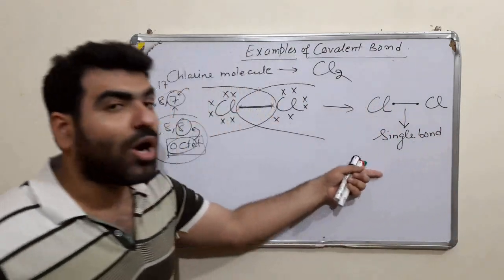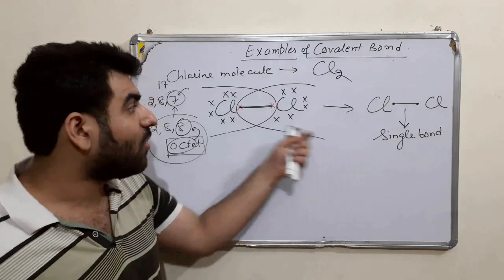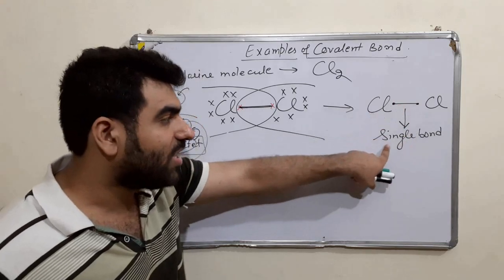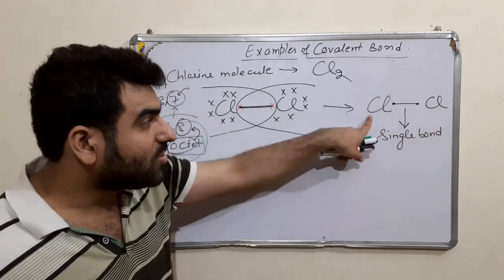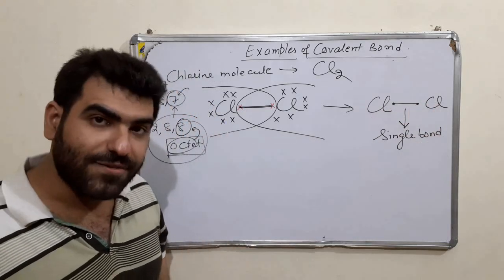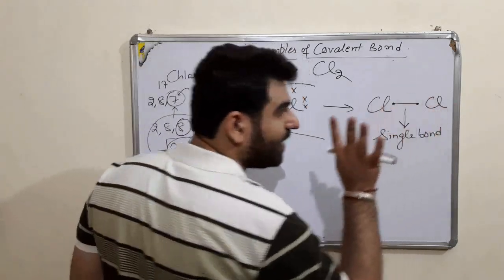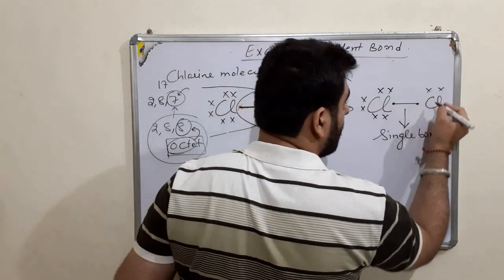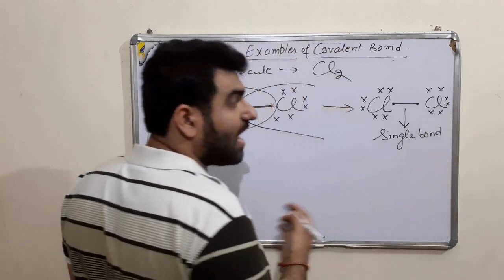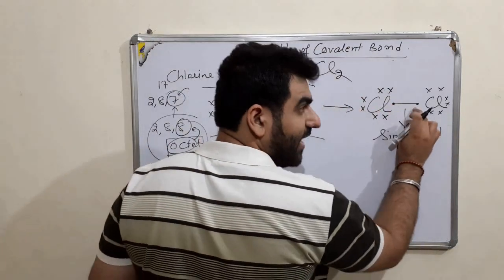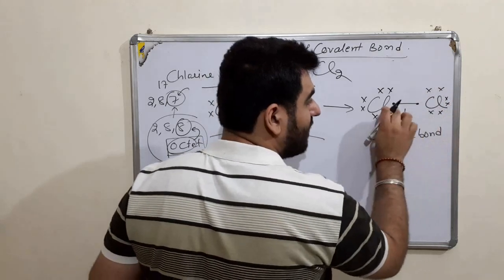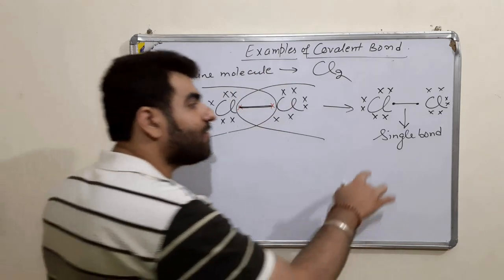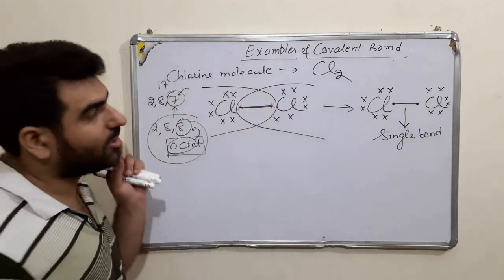Now for this bond formation, what do we require? For one bond formation, we will require 2 electrons, that is 1 pair of electrons. So when 1 pair of electrons gets shared, there is a formation of a single bond. So Cl bond Cl, there will be the formation of a single bond. Alright, they have completed their octet, and all the other electrons are present like this. How to count? 1, 2, 3, 4, 5, 6, 7, 8. So they both have completed their octet. Alright, so this is the formation of a single covalent bond.